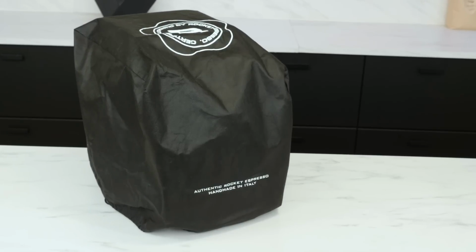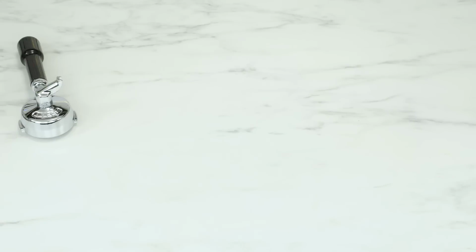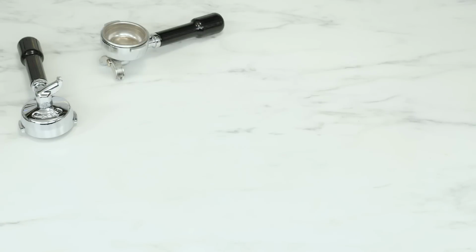In the box, your machine, of course, with a really nice fabric cover. For accessories, it comes with a single and double spout portafilter with matching filter baskets, a nice usable tamper, which is rare. Most are going to come with one of those silly plastic tampers, a blind filter basket for back flushing and brew pressure adjustment,